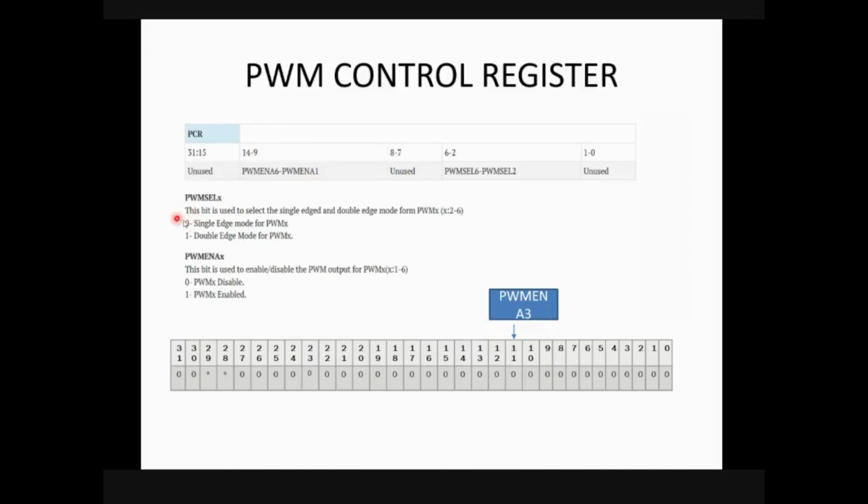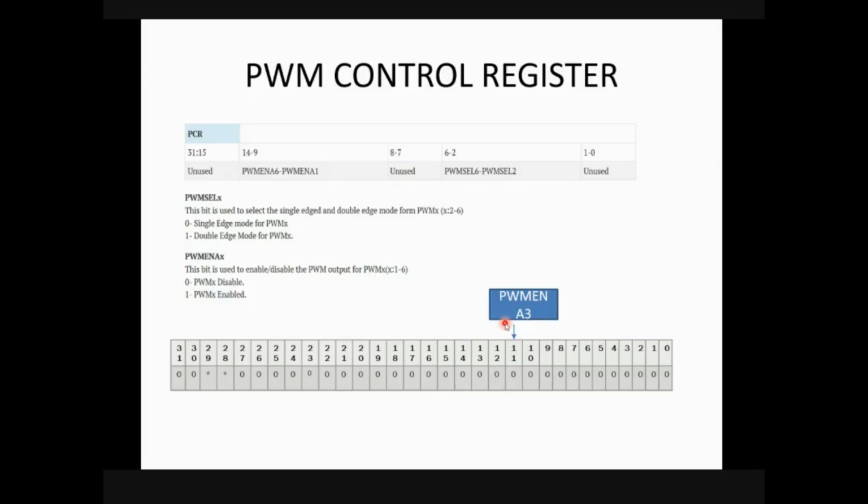So what happens for the bit value? If the bit is 0, this selected PWM will act as a single edged PWM. If the bit value of bits 6 to 2 is 1, the respective PWM will be capable of generating the double-edged PWM wave. For PWM enable, if the particular bit is 0, our PWM will be disabled.